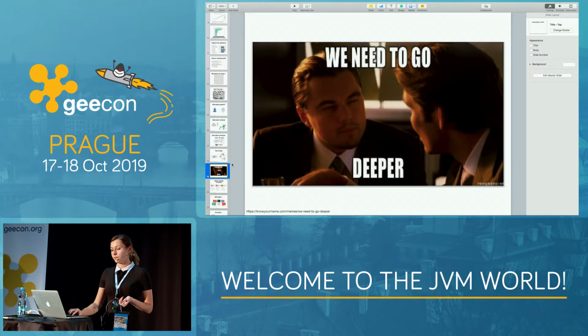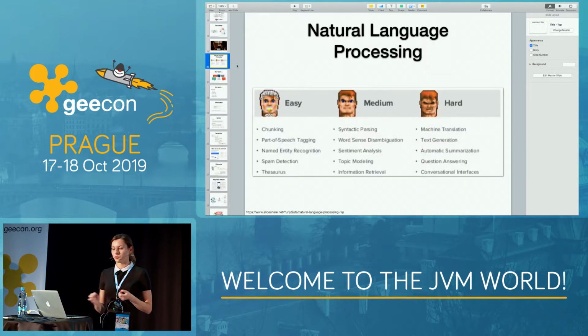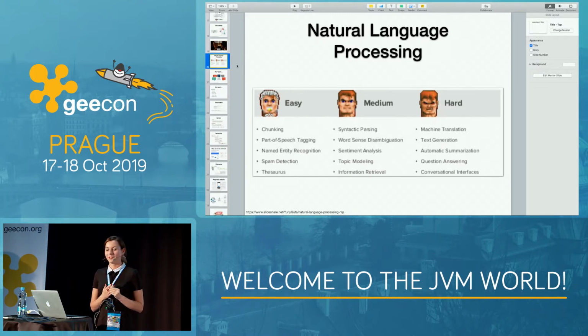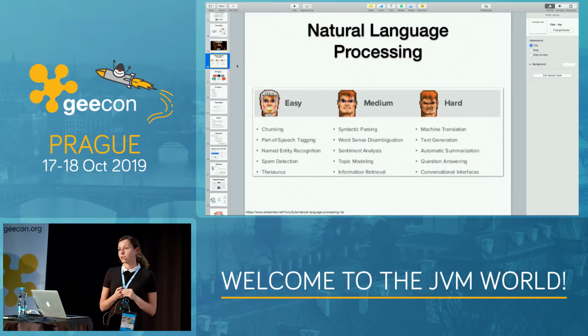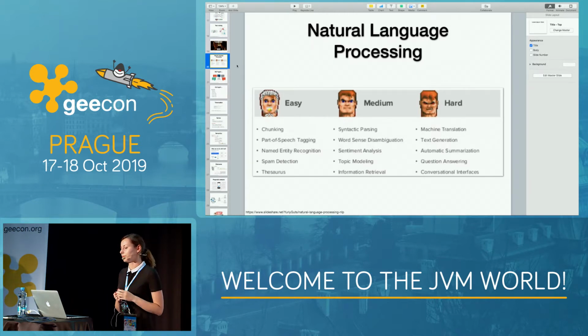But how does this algorithm actually work? We need to go deeper. In all of these cases, you need natural language processing. There are three steps, or maybe 3 levels of NLP. Some of them are pretty easy. For example, part of speech tagging or spam detection. It's pretty clear how to do it. Next one is the medium level, and this is much more complex, but still not so hard.